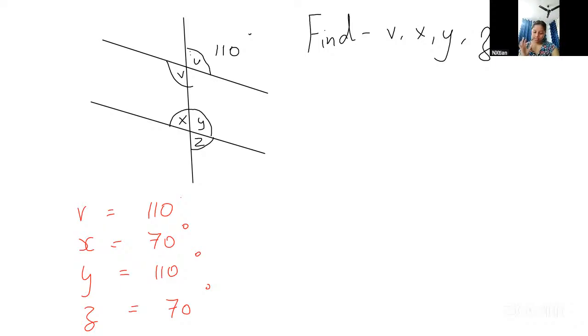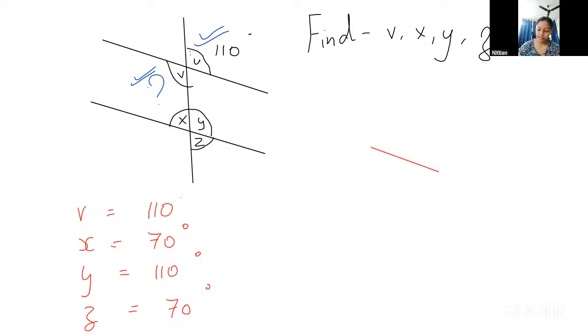Now, Joshua, how is this happening? See, this U and this V. U is 110, V is given. When these are opposite, like V and U, opposite to each other, when two angles are opposite, they are known as vertically opposite angles. When two lines are cutting like this,